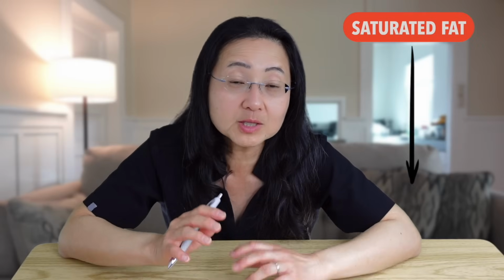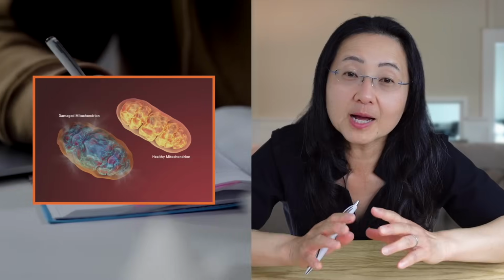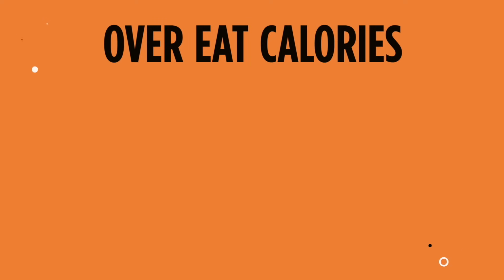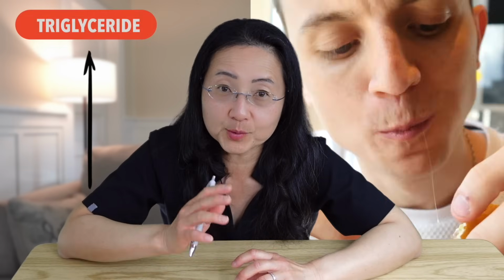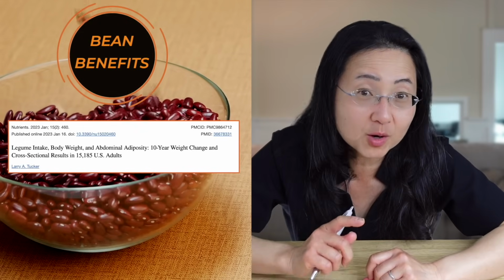And the quickest way to reverse this is to reduce the amount of saturated fat in your food. So processed foods and animal products are all high in saturated fat. But if your mitochondria is already damaged, even if you give up saturated fat directly from your food, when you overeat calories, you will create your own saturated fat. And this is why people who overeat highly processed carbohydrates have high triglyceride levels. And this is another reason why beans and legumes are great protein substitutes that can help reduce cholesterol, fatty liver,